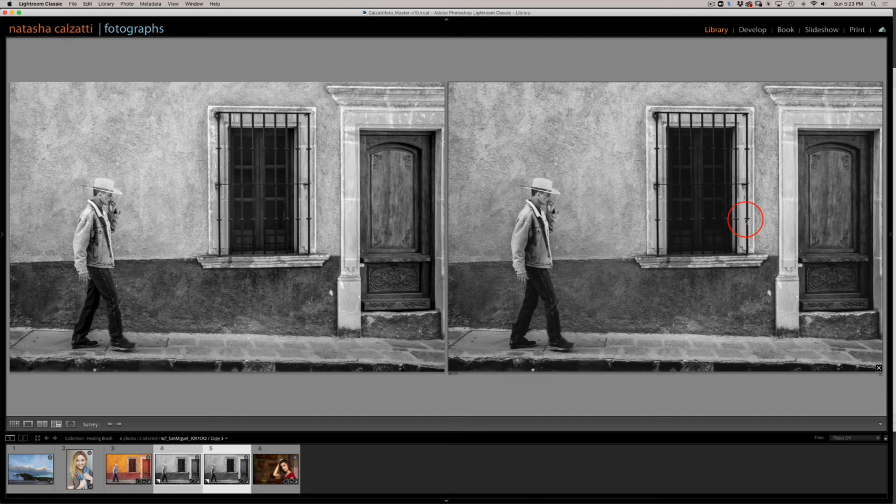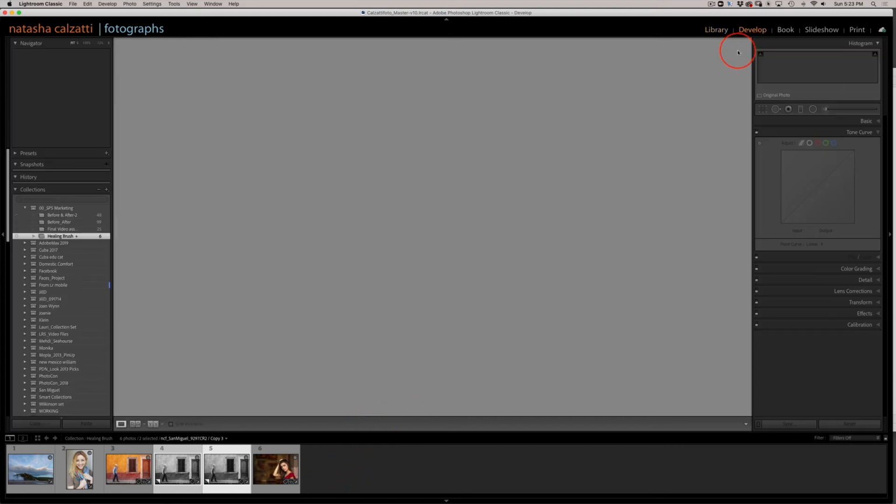I tend to like the desaturated adjustment better. I just have more tone in him. Here on the left, he's a little bit blown out, but this is of course subjective. Now, if I wanted to create a duotone of this, I could